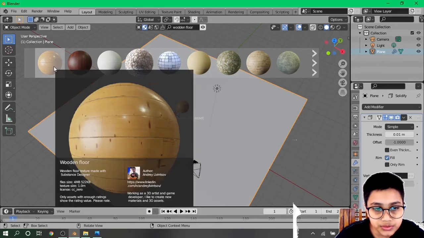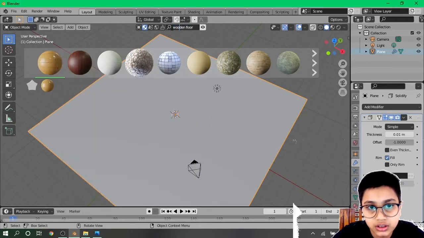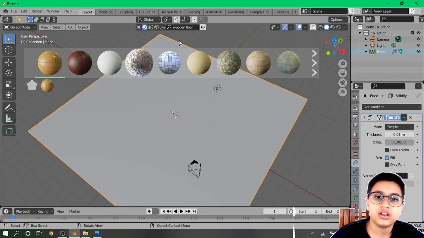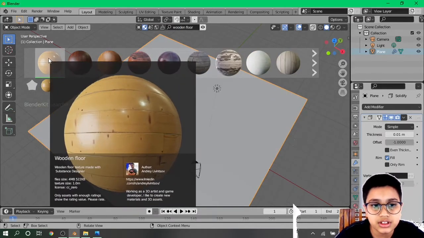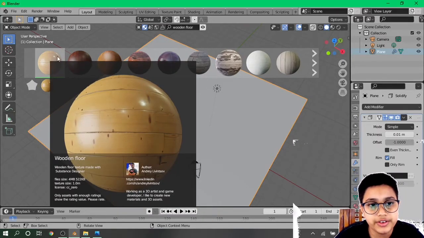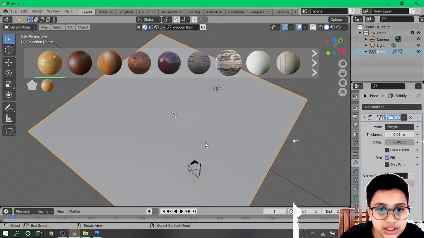Select the wooden floor texture. Select the first one, that is the wooden floor, or you can select any that you want. I like the first one.